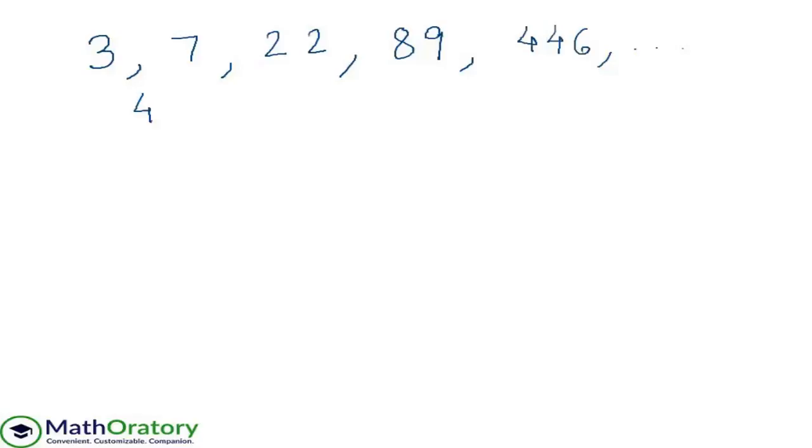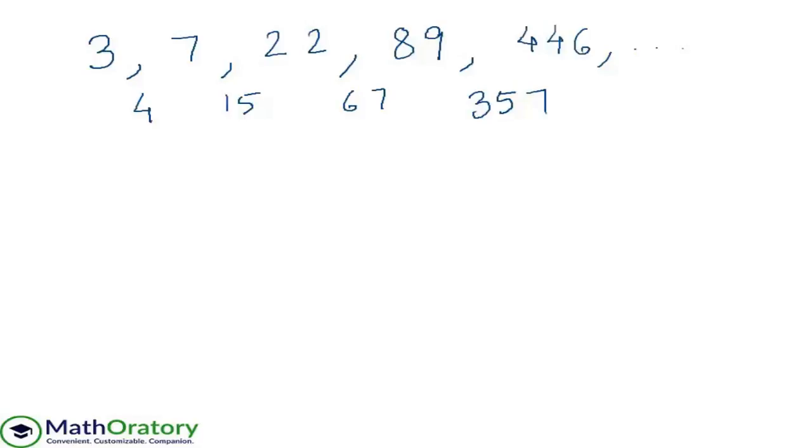So if you look at the differences, it's 4, 15, then you have 67, and then it increases rapidly, right? Very rapidly it keeps on increasing. So if you just check the differences here, that's what we were mentioning earlier. So differences keep on increasing very rapidly, isn't it? Now I can get a little bit into the types here,